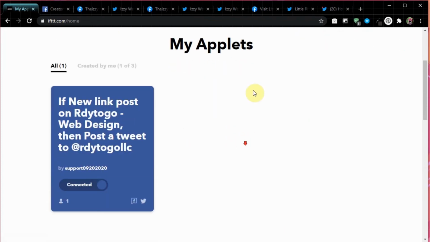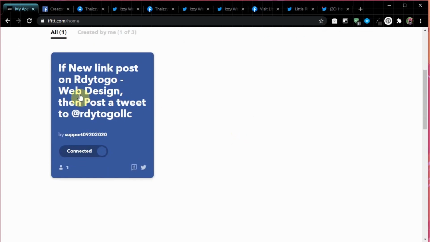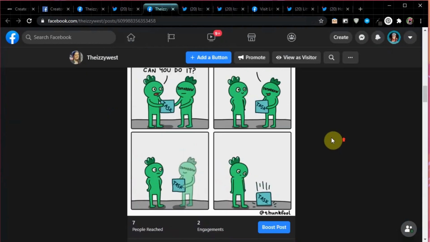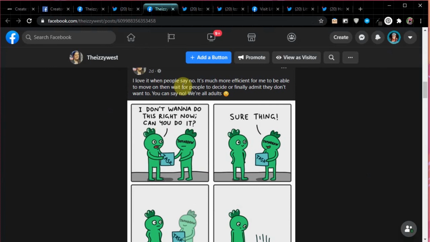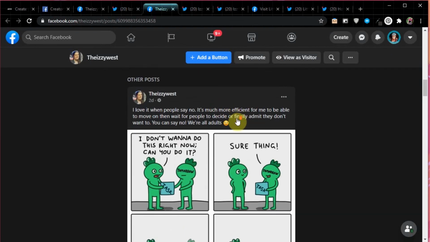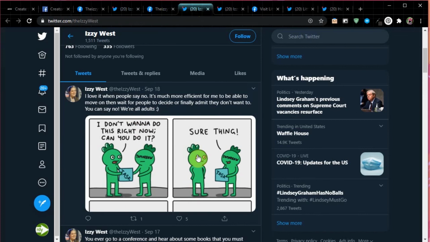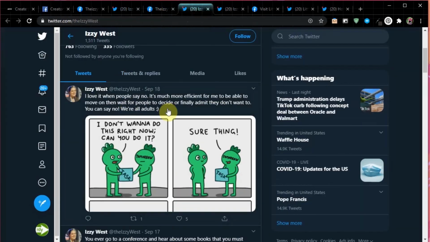So now when you log in, if you go to the home page, this is where your applets will be stored. But I'm going to go ahead and create a new one. So this was for a link post, and now I want to create another one that's the same thing, except if I create a Facebook page post that does not have a link in it, which for me is usually going to be an image. An example is pretty much you have an image and some text with it, possibly some hashtags, and that's what it looks like on Facebook. And then when you go to Twitter, it's pretty similar. The only difference is that if you tagged a page, it will not automatically tag their Twitter.